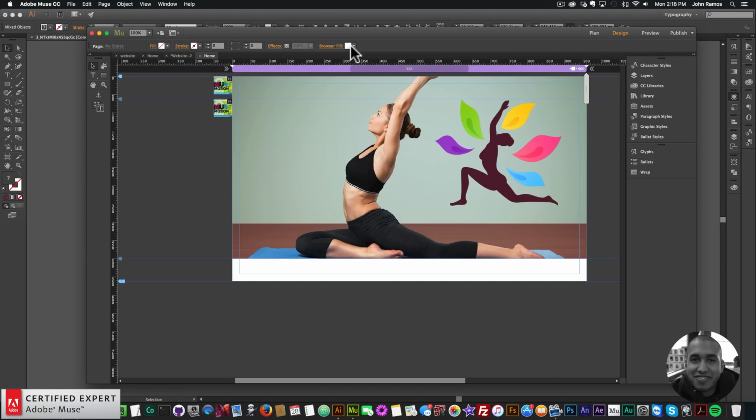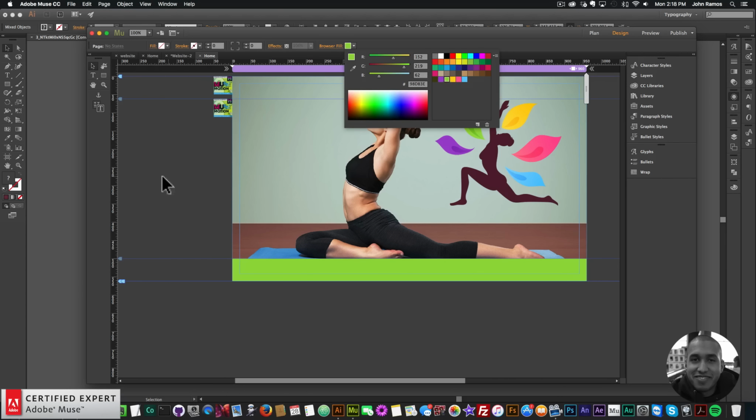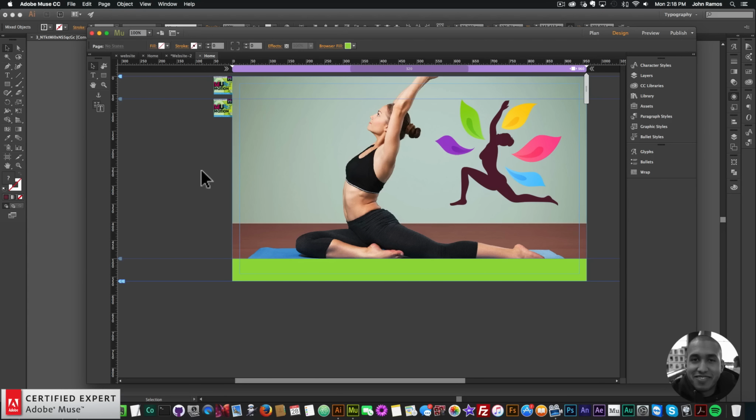All right, so I'll just set the browser fill back to white, or for this website, I set the browser fill to this green color, which I kind of liked there. Okay, so there we have the image, the colors, and the animation. So the next thing I'm gonna do